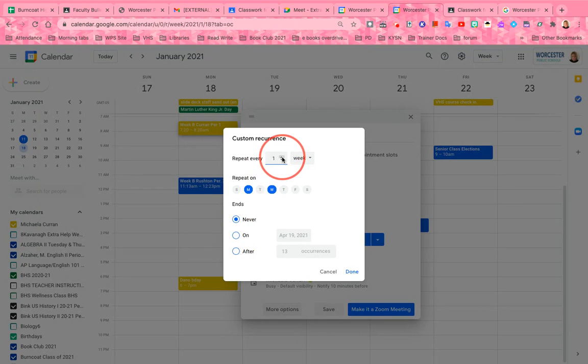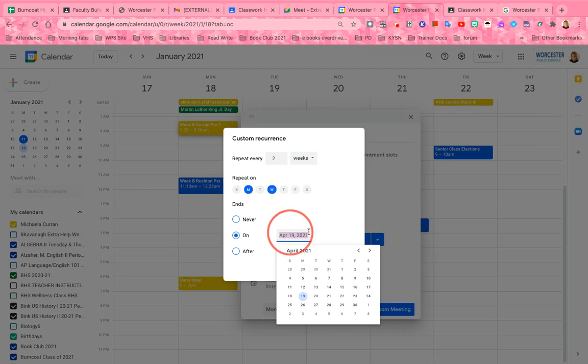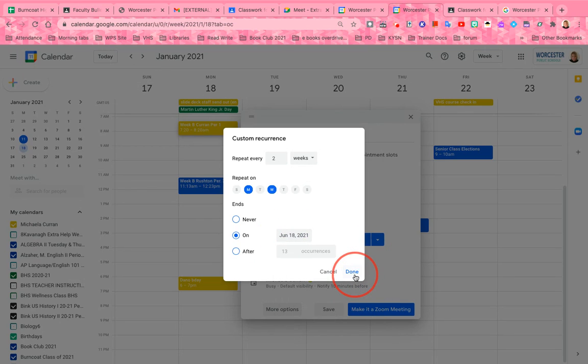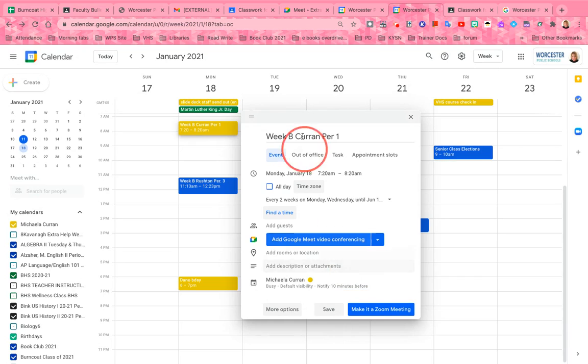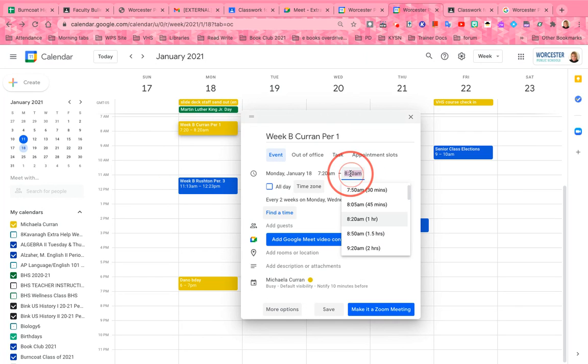Okay. And very important here, this schedule goes every 2 weeks. So it's every other week. And the last time I want any of the students or myself to be alerted about this will be, let's just say the end of June, and click done. All right, so just to go over it. Week B, current and the period, it starts the week of the 18th, 7:20 to 8,